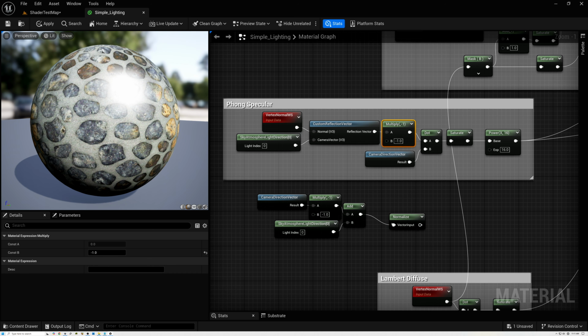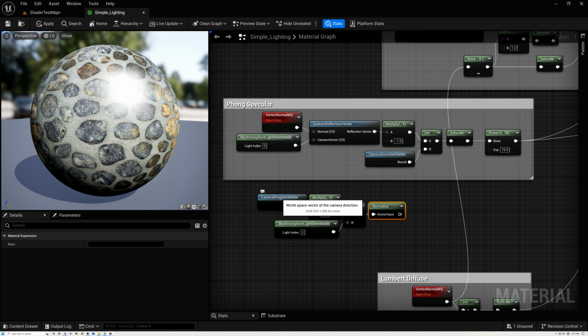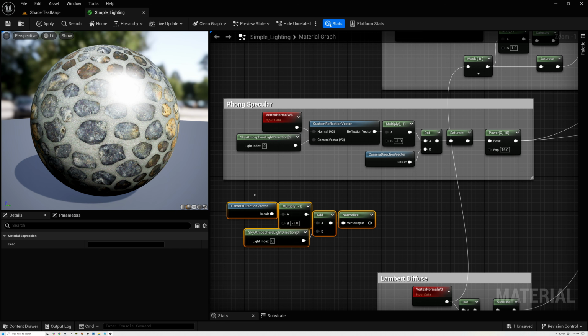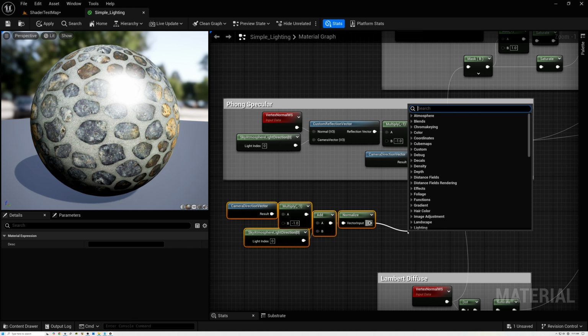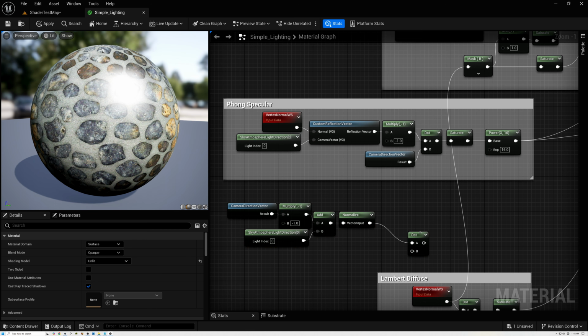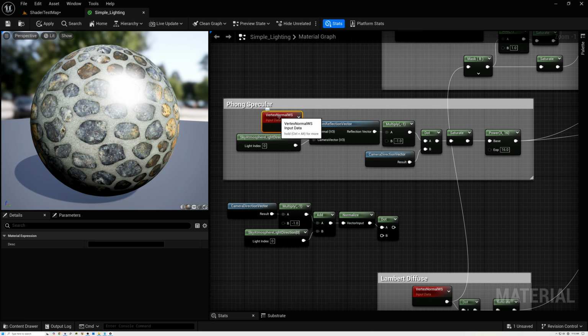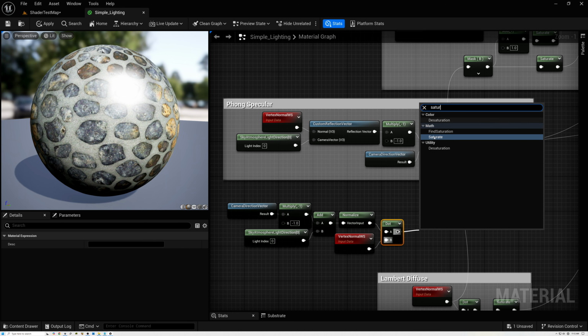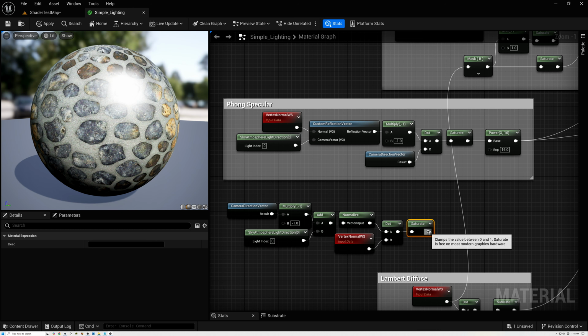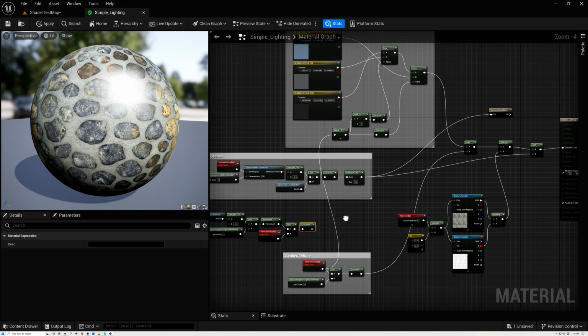And this normalized vector that we've created here by adding the camera direction and the light direction together is called a half angle. So we can take this half angle and do a dot product between that and our surface normal. So you can see here we're using all of the same components. We've got our camera direction vector, our light direction, our surface normal. We're just kind of rejiggering the way that they're combined. So here we do our dot product, and then we saturate the result of that to get rid of our negative results. And if we wire this into our output,